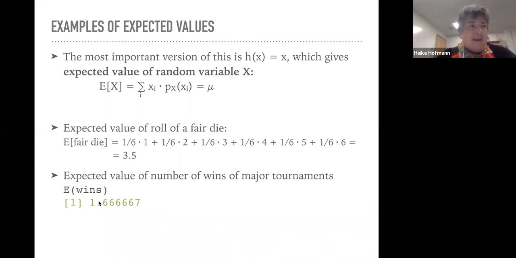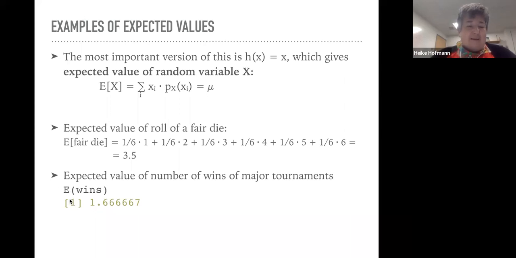It would mean that he wins 2 of the major tournaments more often than 1. And if we play 100 seasons and look at the average number of wins, then that number should be close to 1.66, assuming that his performance doesn't change over 100 seasons, which is one of those obvious limitations of